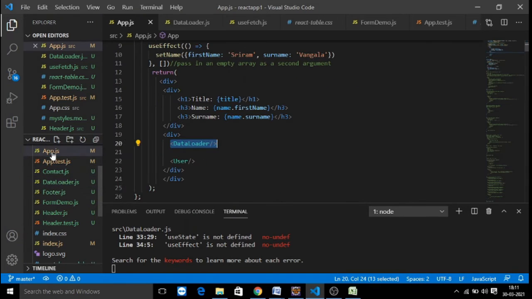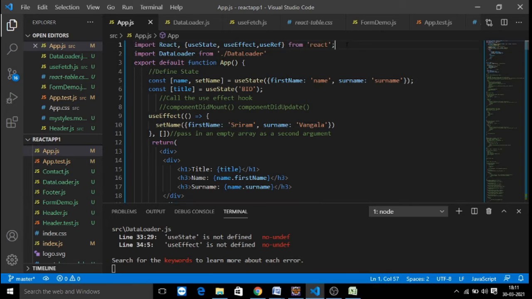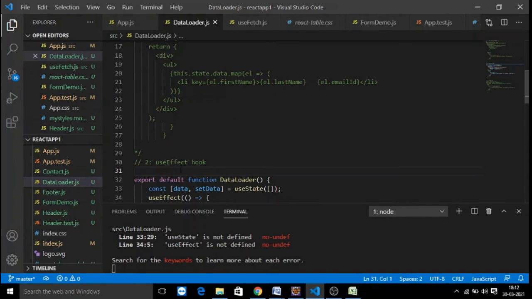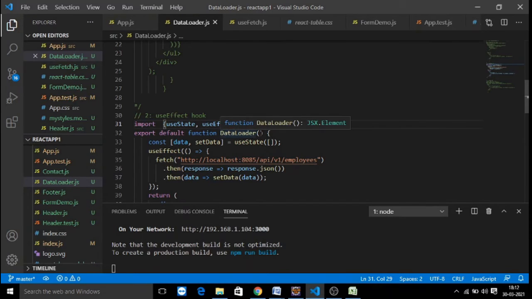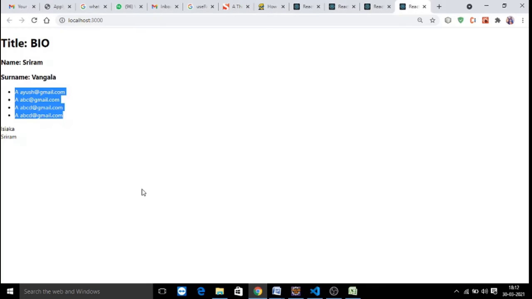Let's take it from the app, just to save time. React is not required. We are going to use useState and useEffect, not useRef. Whatever hooks we need, you just save it, and then let's go and check here.